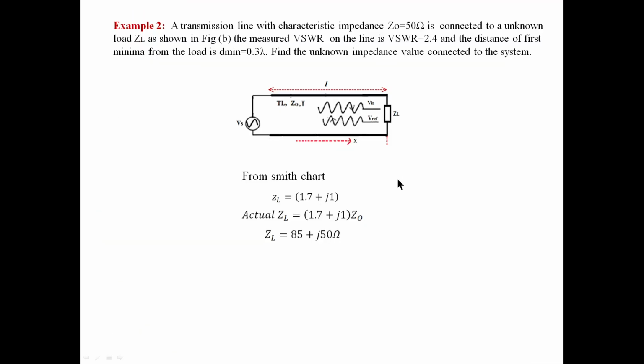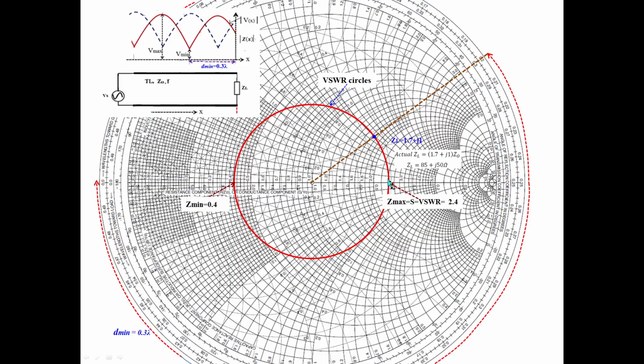For that, what we have to do: here VSWR is given on the transmission line based on the value of ZL. The VSWR is equal to 2.4 and it is unique for that particular load. So we have to draw the VSWR circle on the Smith chart to find the unknown load. Here 1, 2 and 3, and each division is 0.2. So this is 2.4. Take a radius equal to this, 2.4, and draw the circle; that is the VSWR circle.